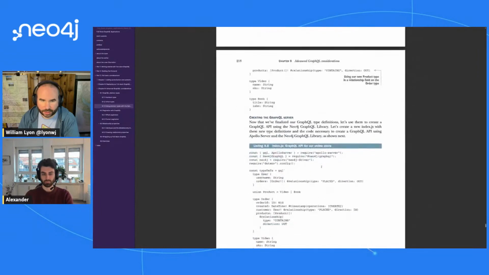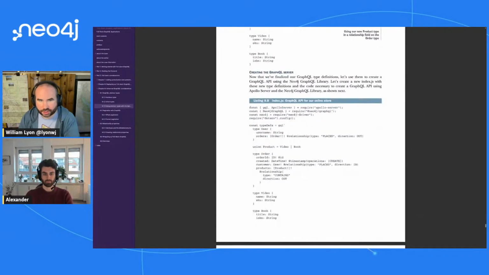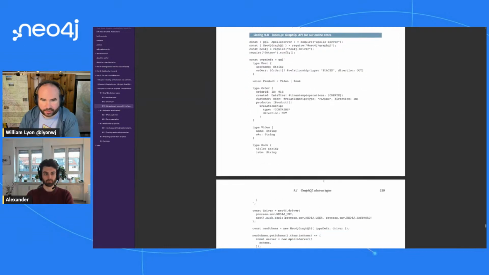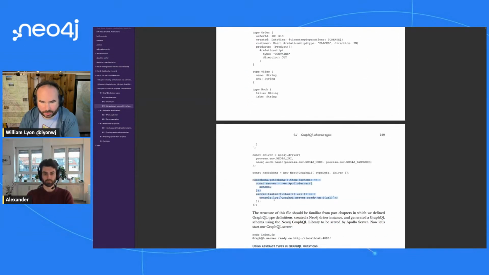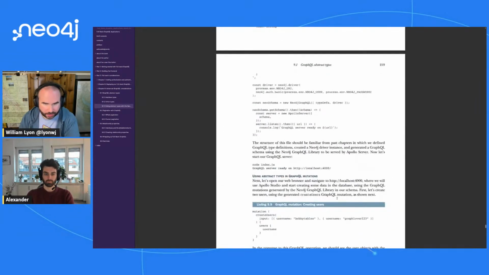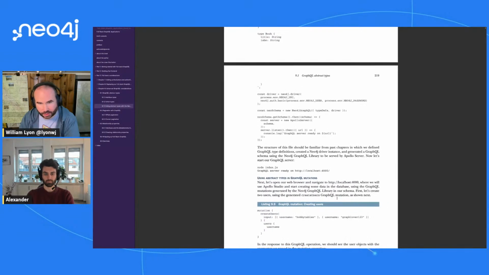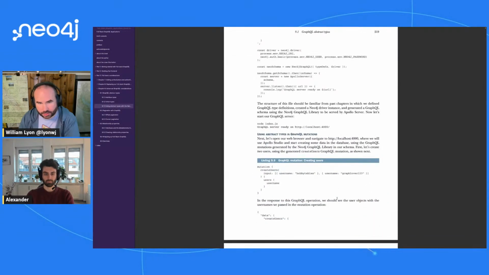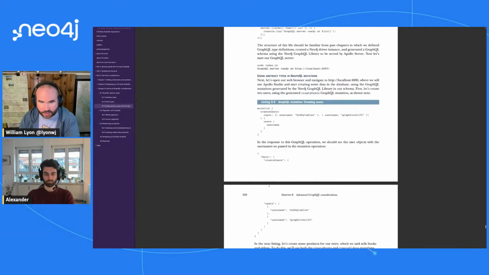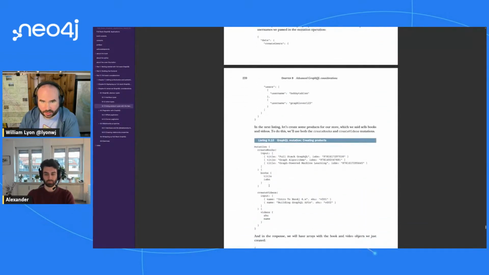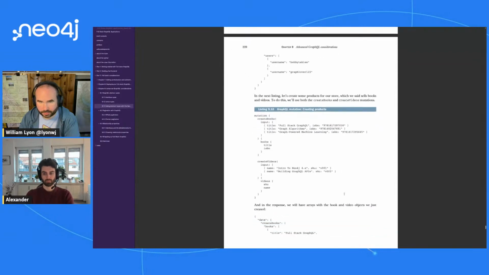Cool. So we've seen this sort of structure before, where to get our GraphQL API up and running, basically all we need to do is pass these type definitions to the Neo4j GraphQL library, and we spin up Apollo server, and we're good to go. So we'll see some examples. We go through creating some users in the database, then we create some products,